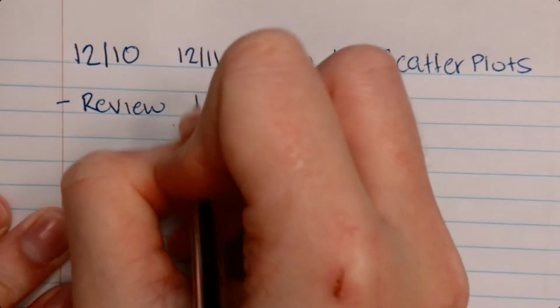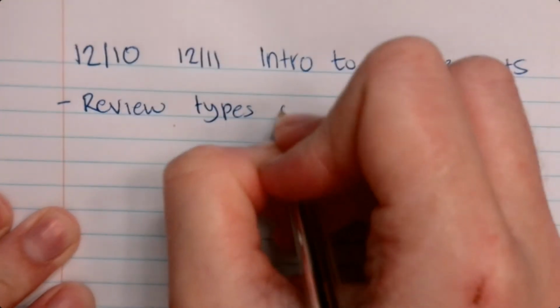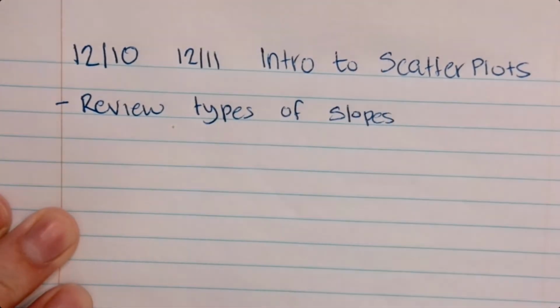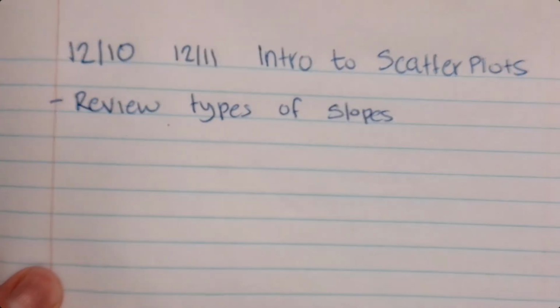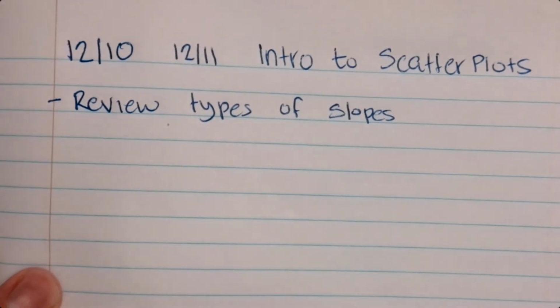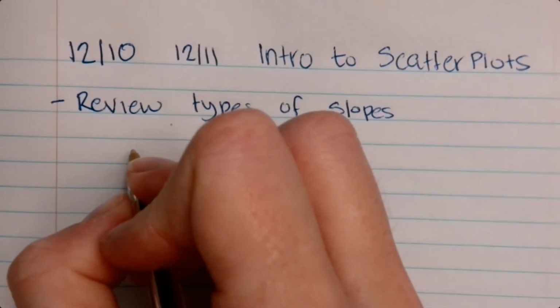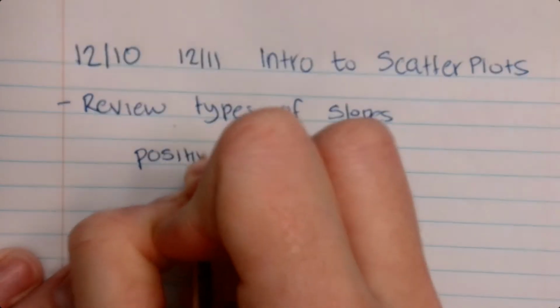the different types of slope. The first thing I want to do is review the different types of slope, because if you don't know that, I'm not saying finding slope, I'm literally saying positive, negative, zero, undefined. If you don't know that, you will not be able to do this. All right? So remember, the two biggies that we're going to use here are positive slope,